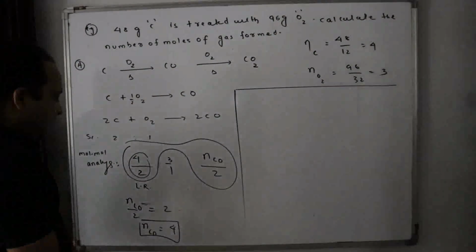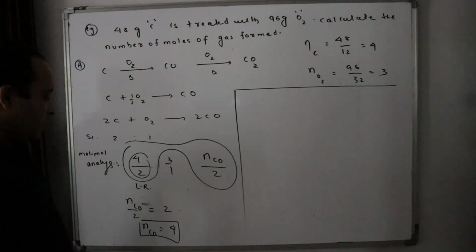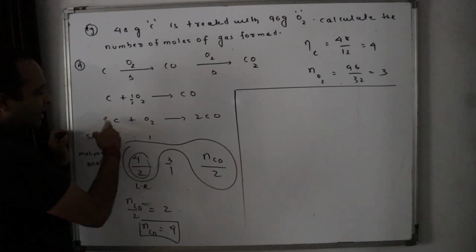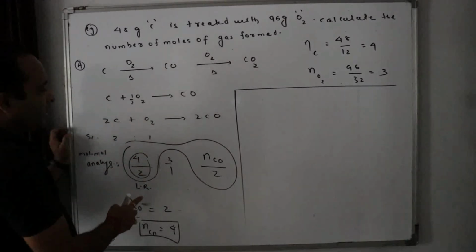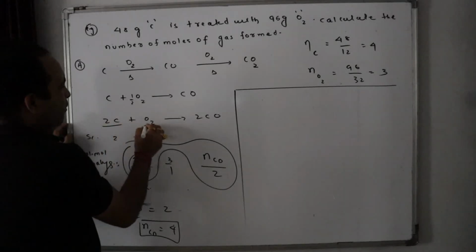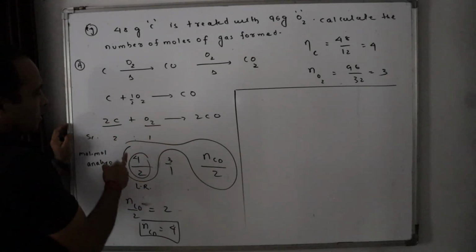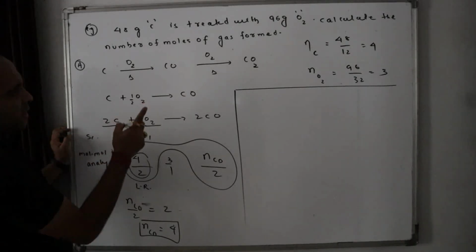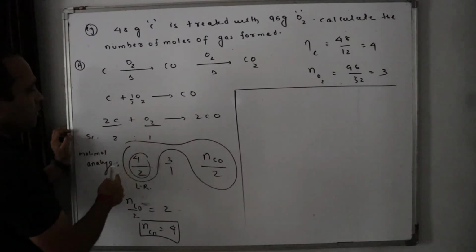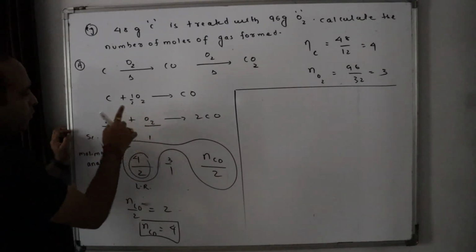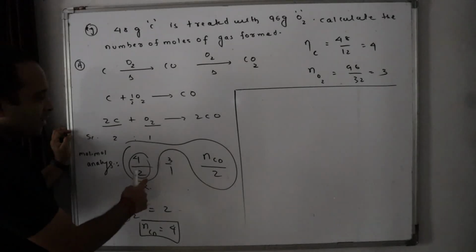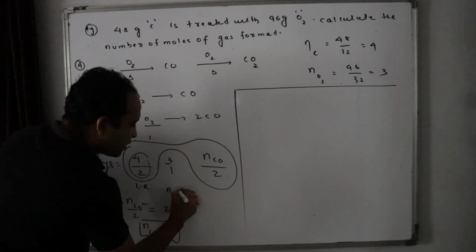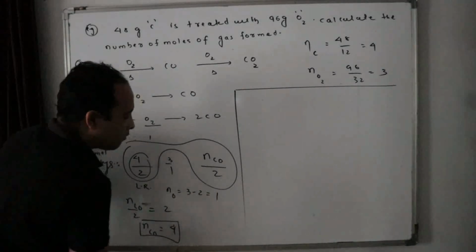Now the question arises, here 4 moles of CO is formed. Now the limiting reagent was carbon. It means the entire carbon was used up. Clear? Now for 2 moles of carbon, 1 mole of oxygen is required. That means how much oxygen is used here? I have taken carbon 4 mole, entirely used up. 2 mole requires 1 mole. 4 mole will require 2 moles. That means 2 moles of oxygen is used. That means how much is left? Number of moles of oxygen left is 3 minus 2, that is 1 mole.